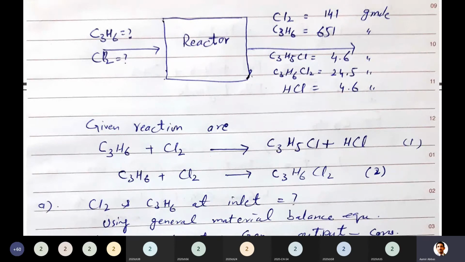Yes, sir, clear. In the reactor, first of all, before proceeding for anything, I just draw the diagram. Why do I draw? I already used to ask you that whenever you read some question, it's better to draw some diagram, so that you can get a clear idea.